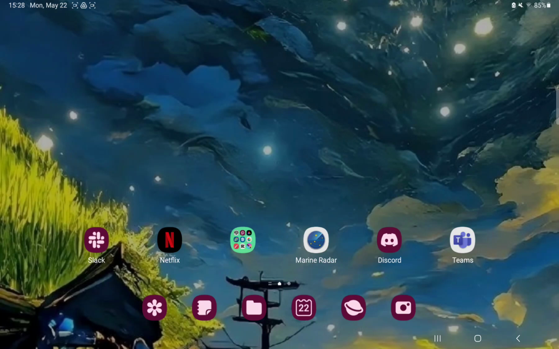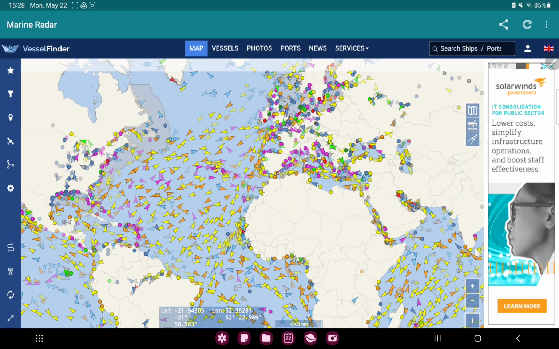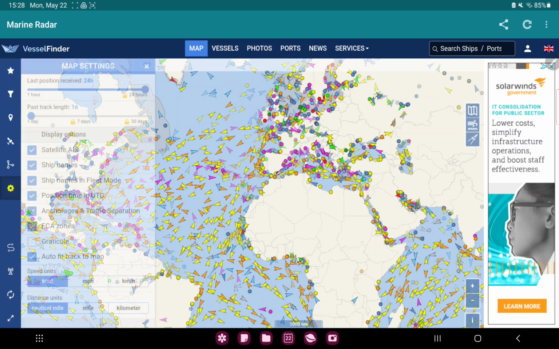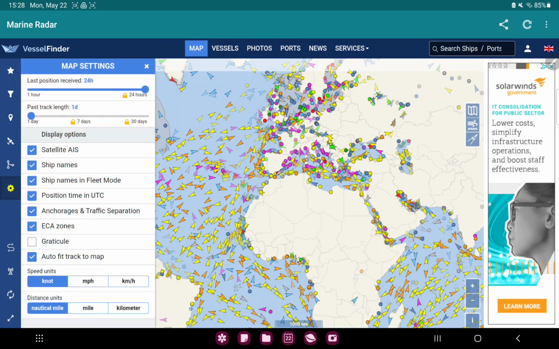First of all, open the application on your device. Go to the settings icon at the left side on the screen, and in the display options section you can find the graticule option, and just tap the white square icon, and now the graticule is displayed on your map. So that's pretty much it